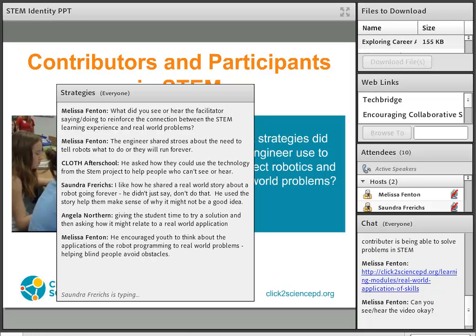So I'll give you a little more time to share the strategies that you saw this facilitator using in the video. But I thought he did a really nice job of using all of the strategies that we talked about to develop a STEM identity. So they were involved in a STEM activity. He was an engineer, so he could talk about his perspective on robotics and designing solutions to problems as an engineer. He allowed youth to work through the problems instead of giving them the answers.